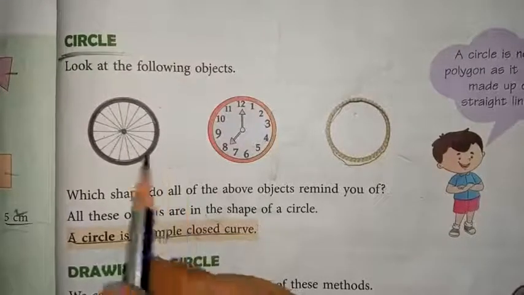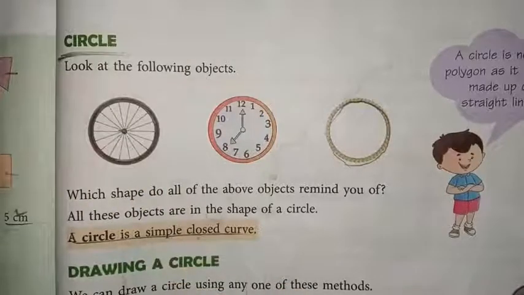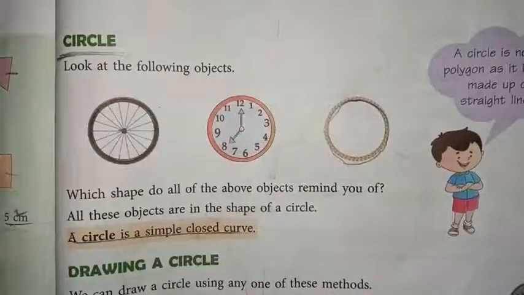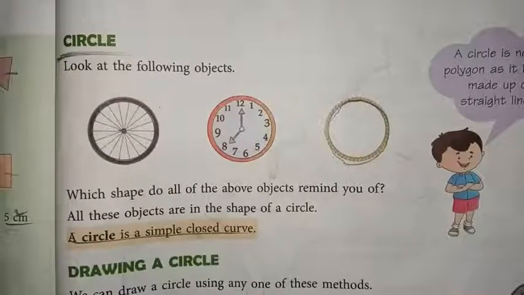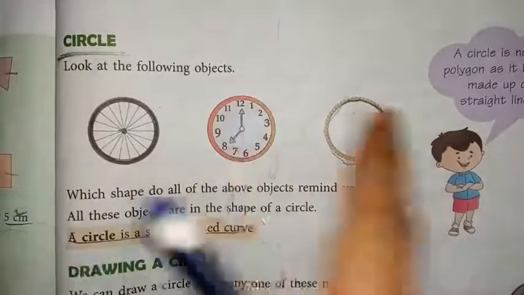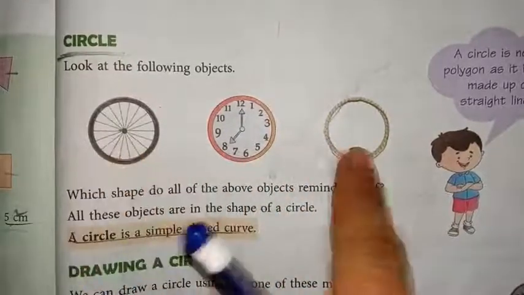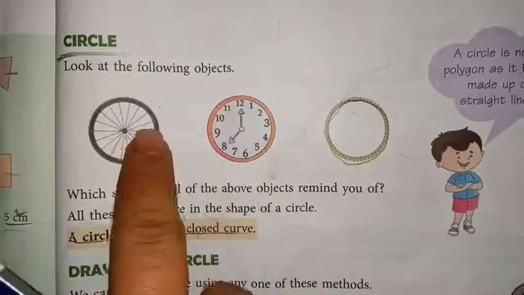Circle is a very familiar term, very much familiar to you all. You have seen circles in a sense: the wheel of a bicycle, wheel of a scooty, wheel of a car, all are in the form of a circle. Look at the bangles of your mom. These are the best and prominent examples of a circle.